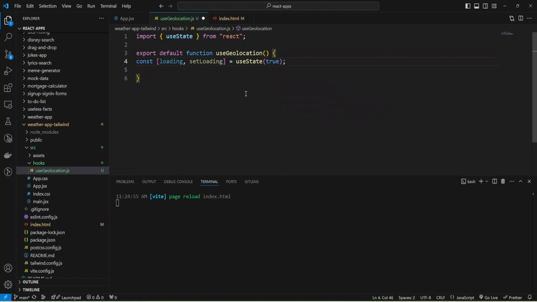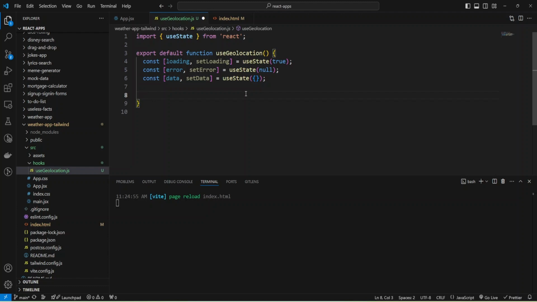And also I'm going to add more state for error, and setError, and the initial value will be null. And now we can add state for our geolocation data. It will be data and setData, and the initial state will be an empty object.